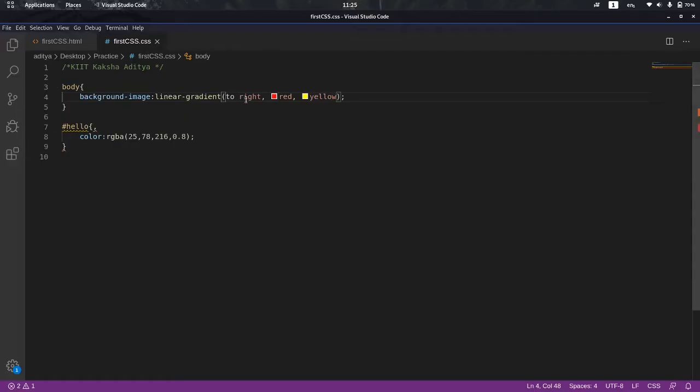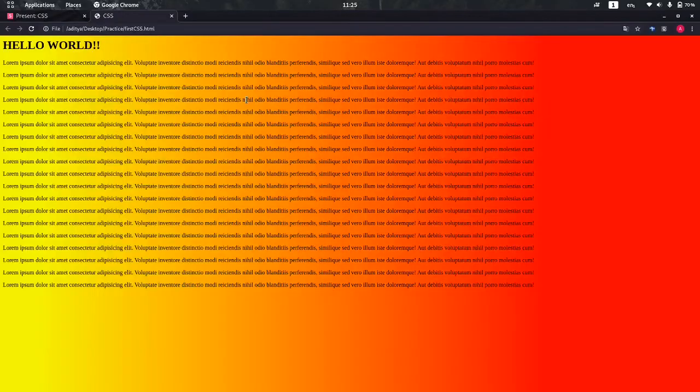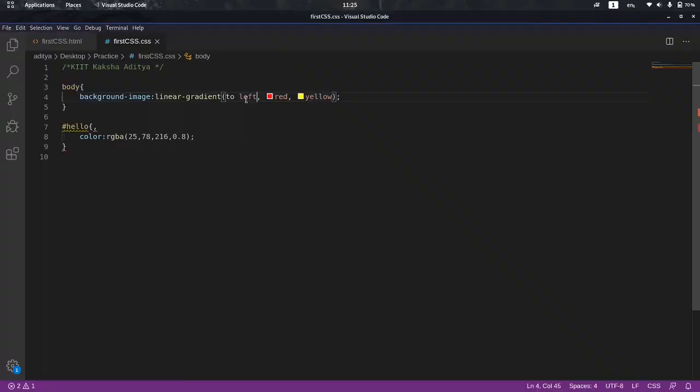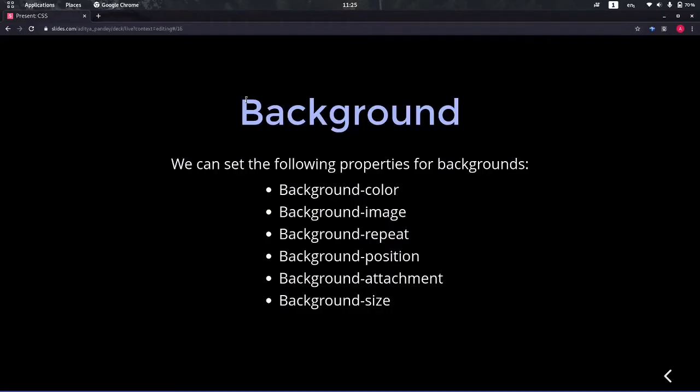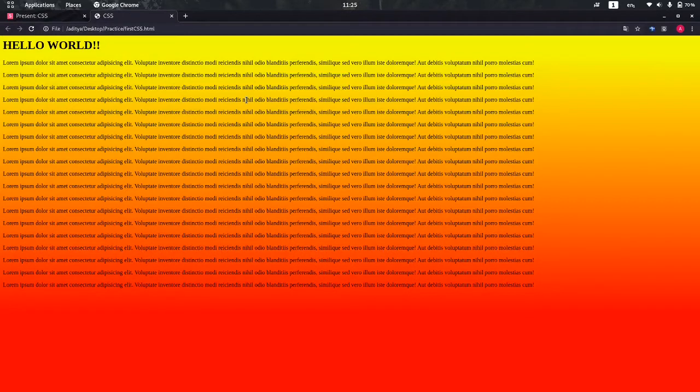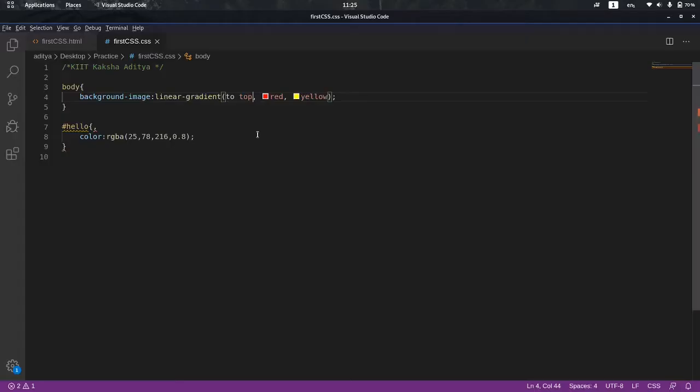We can also change it to left or to top, as you can see over here. Red, the transition is now happening from bottom to top, from red to yellow. Okay, we can also have diagonal gradients.